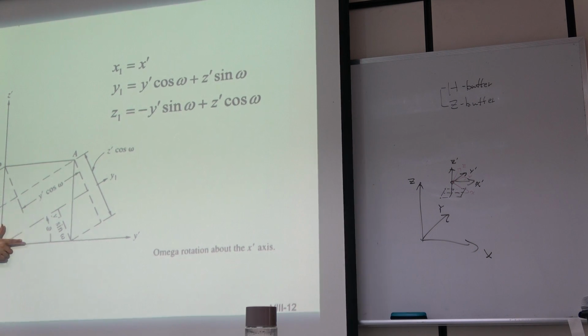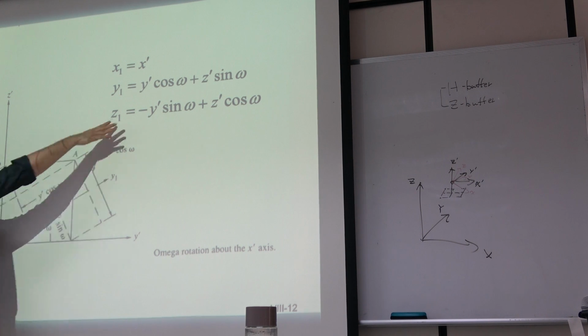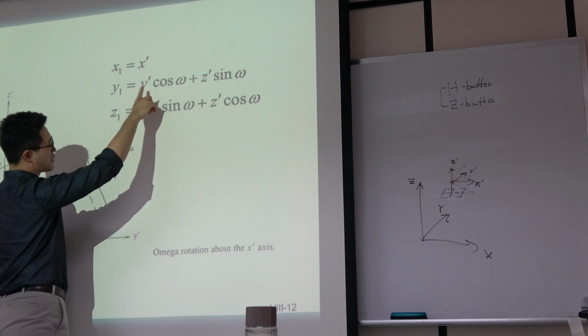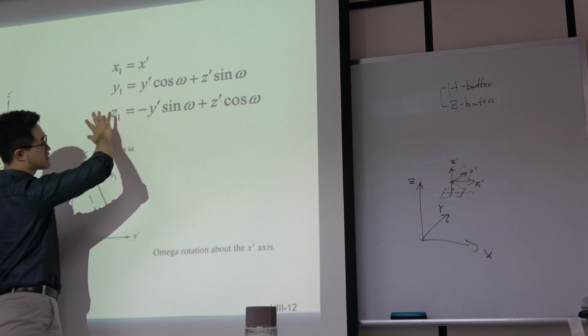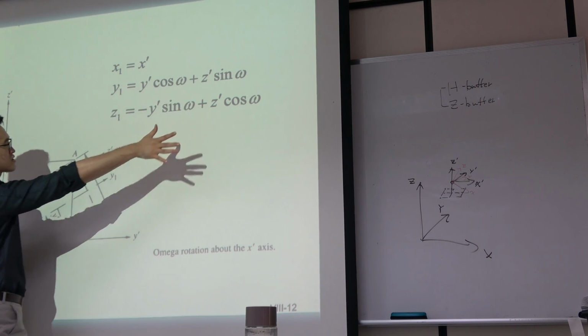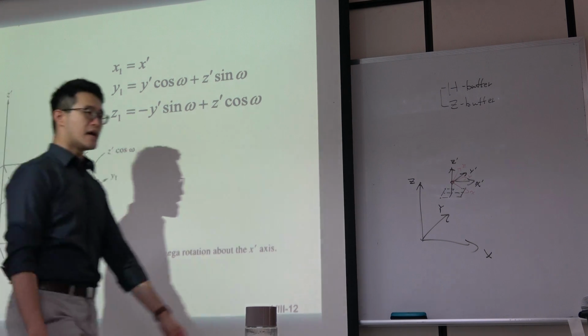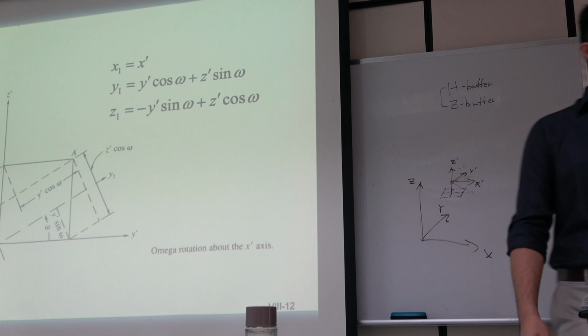So it will be a rotation from this coordinate system to this coordinate system, and this should be very easy. The relationship between y1 and z1 and the y plane and z plane is like this. It's just a two-dimensional coordinate transformation, just a rotation. So I won't explain that; you guys should understand that directly. And after that,